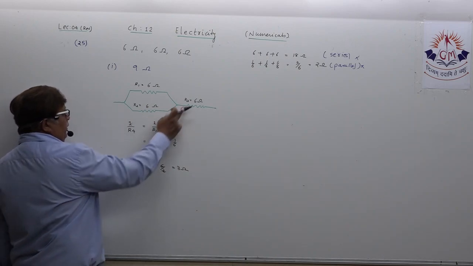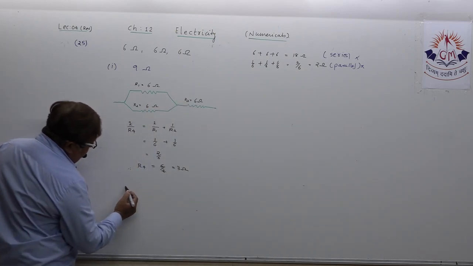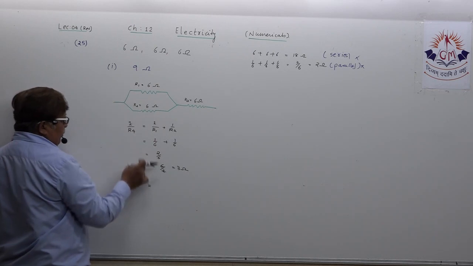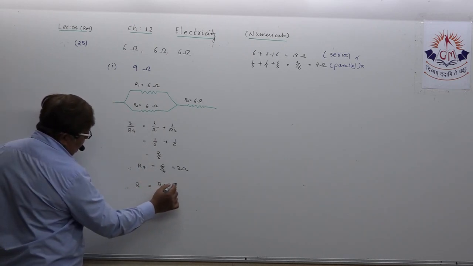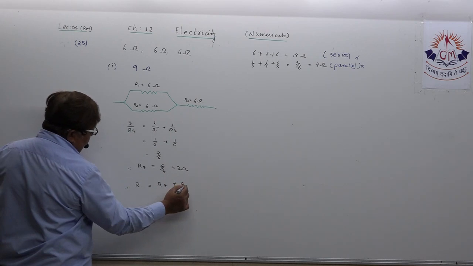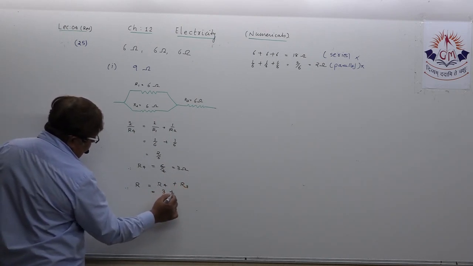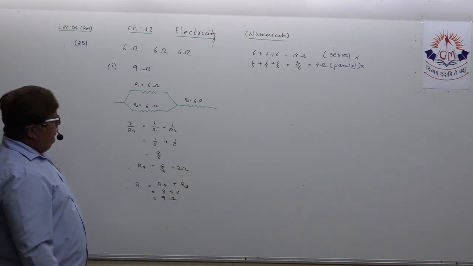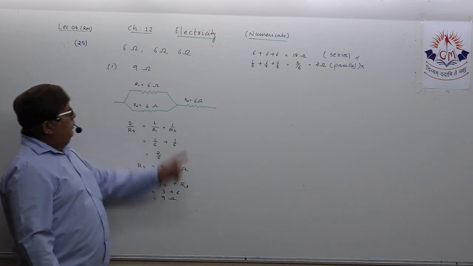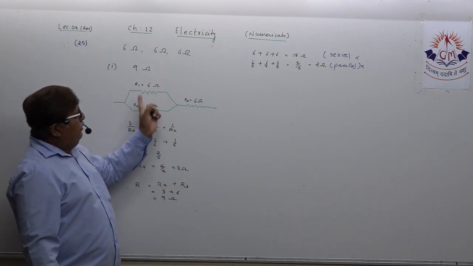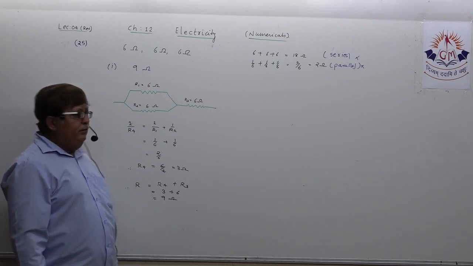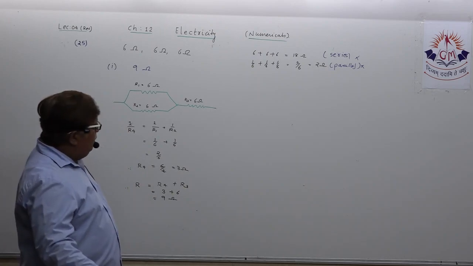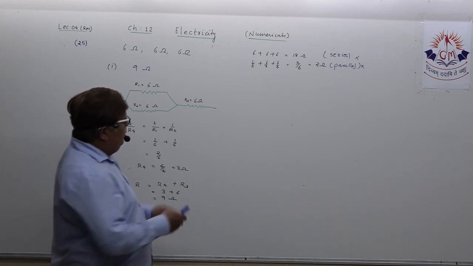Now this is in series with this. So how can you find the total resistance? R equal to, this is replaced by R4, plus this is R3. So you got 3 plus 6. What is that? 9 ohm. So this is the way the combination is thought of. Two resistors I have joined in parallel, and then it is joined with the third one, obviously in series connection. Do you need to think of the other combination also?